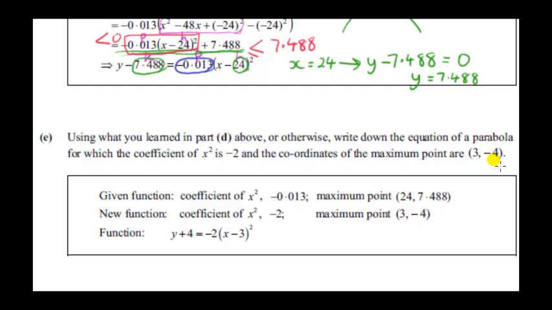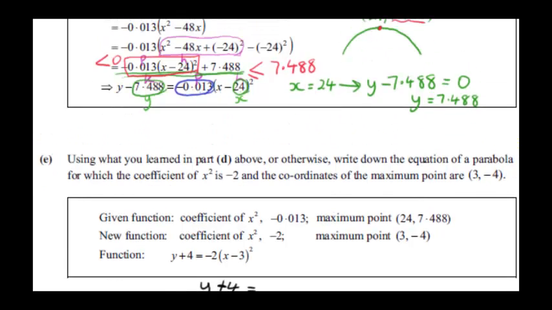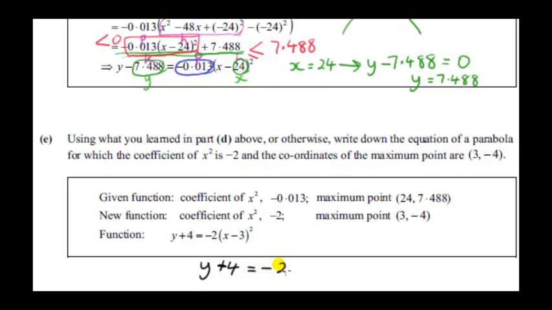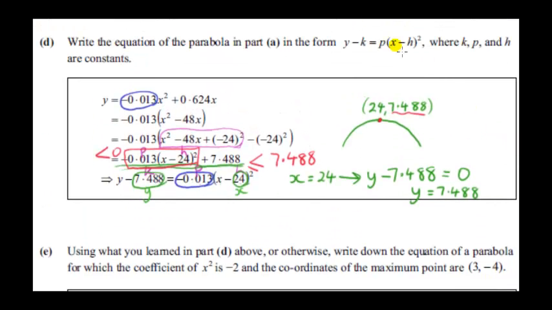The coefficient of x squared is -2, and the coordinates of the maximum point are 3, -4. So the x coordinate of the maximum point appears here, and the y coordinate appears over here. Well, you can see the answer here, but I'll just go through it again. So we have y minus the y coordinate of the maximum point. So it's y minus -4, that's y plus 4, equals p, which is the coefficient of x squared. I've pointed that out already. And the coefficient of x squared here is -2. And we want it in this form here, so we have a bracket times x minus the x coordinate of the maximum, which is 3. Okay, so that's now in the form y minus k equals